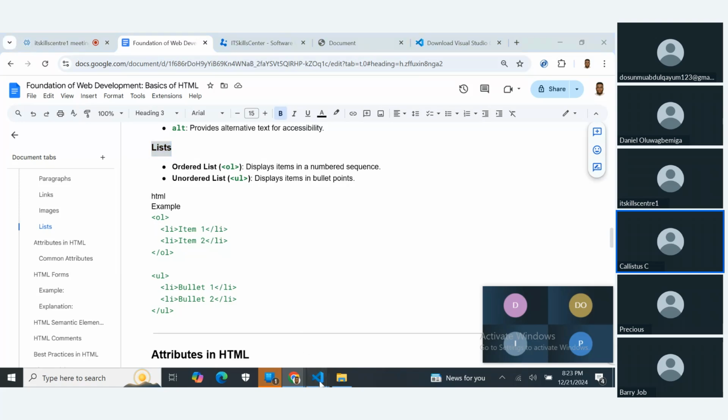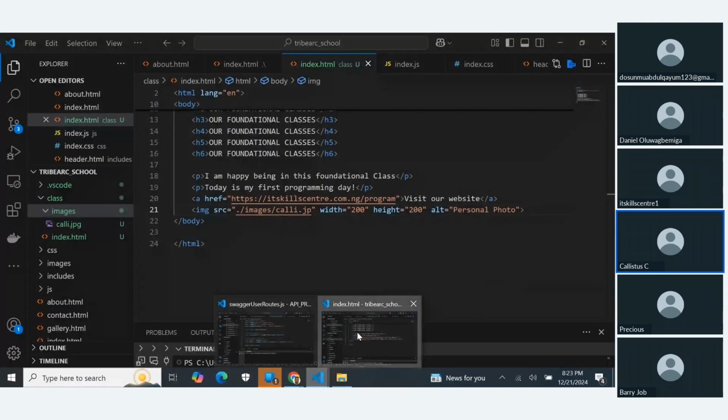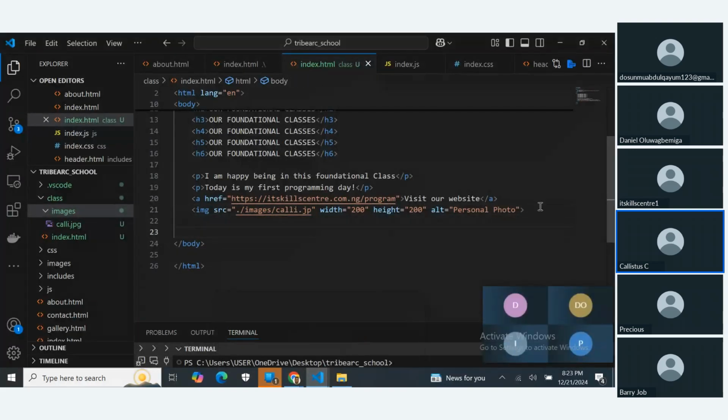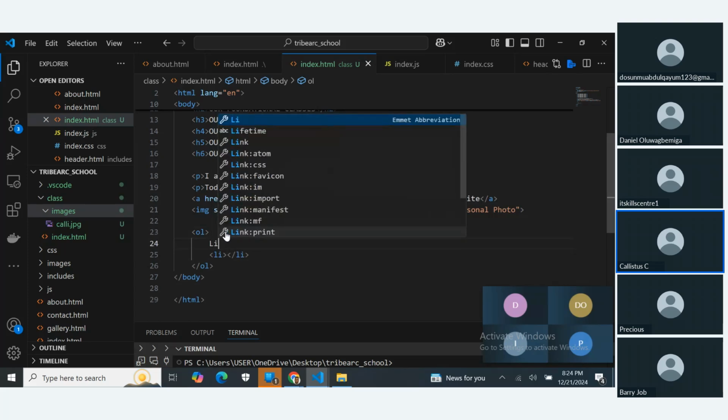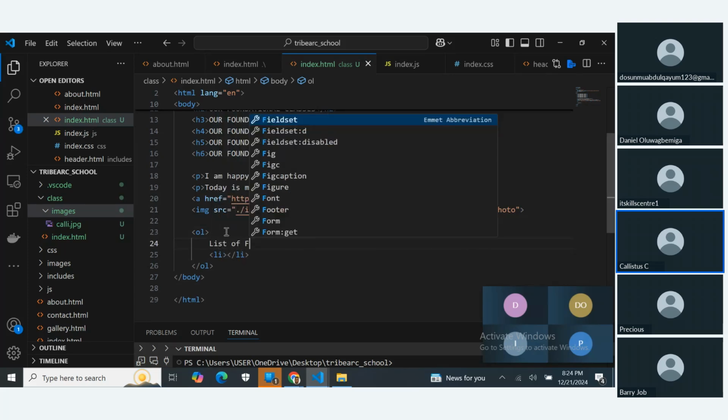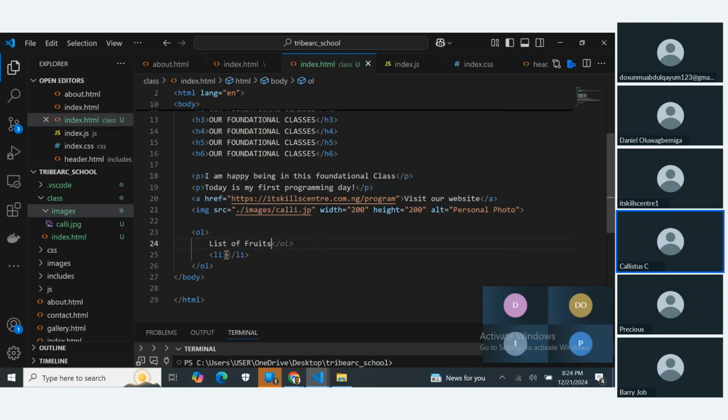And how do you do that? First of all, you do that by introducing OL for ordered list. As you can see how I introduce my OL. Then inside the OL, I'll start putting LI elements, where those items are going to be. Let's say I want to display a list of fruits. So I'll put a list of fruits. Inside the LI, I'm going to have